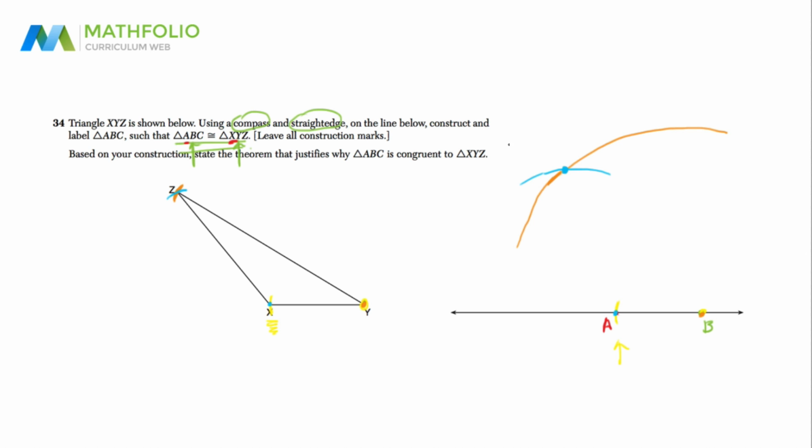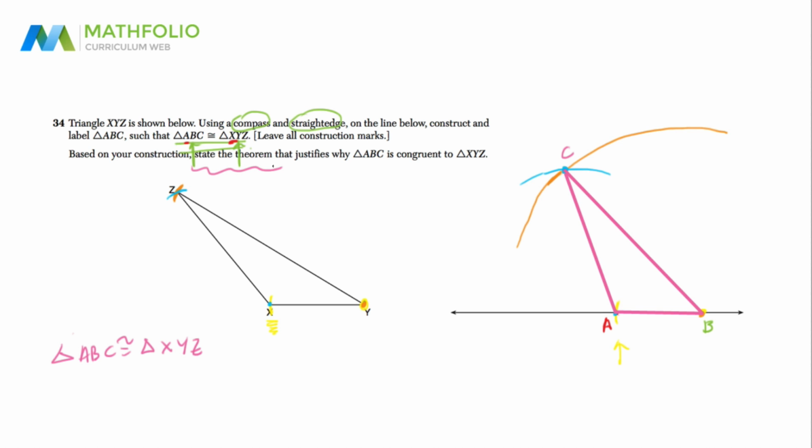So finally, I'm going to connect up the 3 points that make the triangle with a straight edge. It must be a straight edge. And now I've got two congruent triangles, and so I can make that statement, and I've got to label it as well. So I've got A and B. I must label this as C, otherwise I'm going to lose a point. And then finally, I'm going to say that triangle ABC is congruent to triangle XYZ,